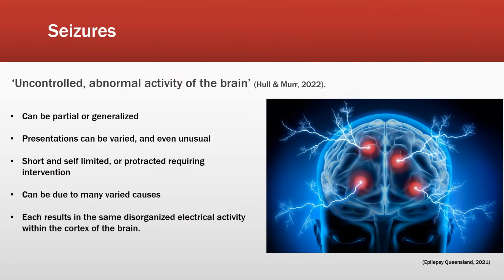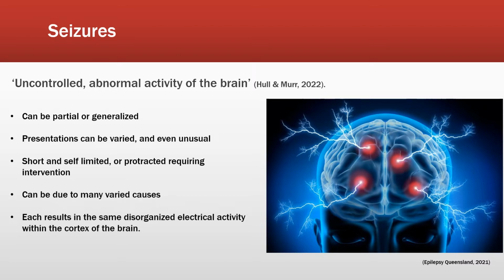So what is a seizure? Well, broadly, it's uncontrolled abnormal activity of the brain. To use a cardiac analogy, we might describe it as like a brain arrhythmia where normal conduction across neurons becomes disorganized. This abnormal activity can be localized to a single area within the brain in what we'd call a partial seizure, or it can be generalized, affecting most or all of the brain at once. And to follow on with the cardiac analogy, a partial seizure might be likened to AF, affecting only the top portion of the heart, the atria, while a generalized seizure might be more comparable to a ventricular fibrillation.